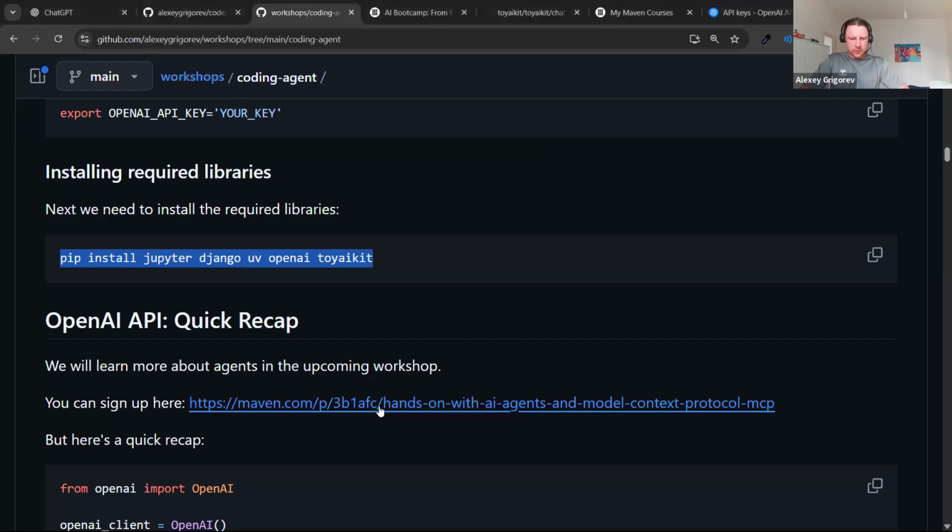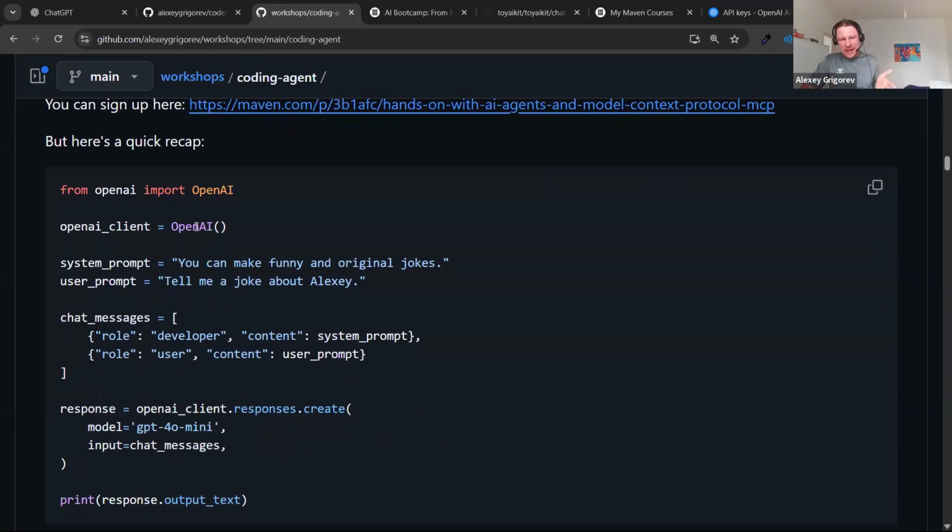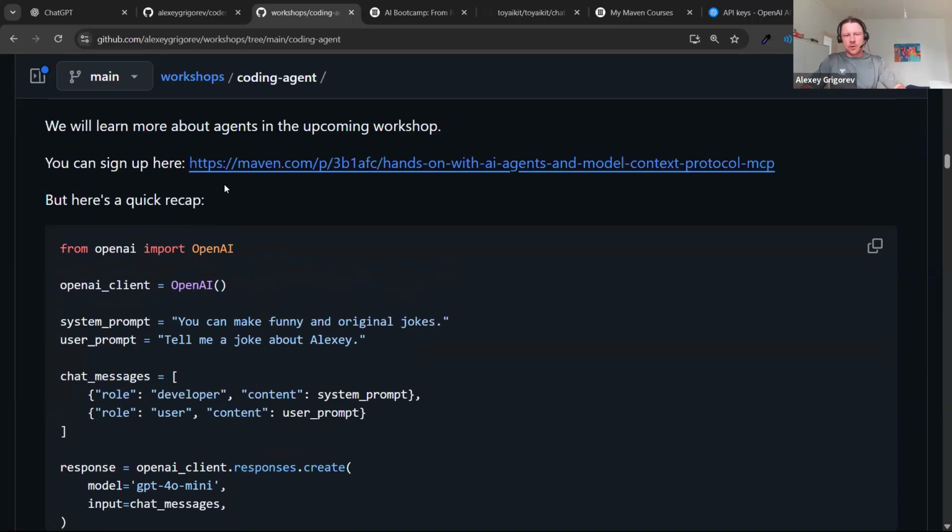Cool. So we installed all the libraries. And right now, I will give you a quick introduction to agents. We will build an agent using some OpenAI functionality, but we will use a library that makes it simpler. So we will not do low-level stuff. If you're interested in learning more about lower level, how to actually interact with these agents yourself without using libraries,